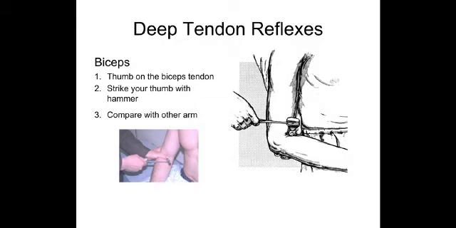So as we go on to the deep tendon reflexes, what is a tendon reflex? We need to understand the basics. The contraction of the muscle in response to a sudden stretch produced by striking the tendon with the knee hammer, which you can see in the right hand, is called a tendon reflex. Tendon reflexes are also called stretch reflexes because they are elicited by stretching of the muscle. These stretch reflexes are monosynaptic.